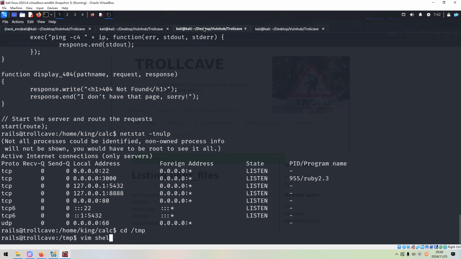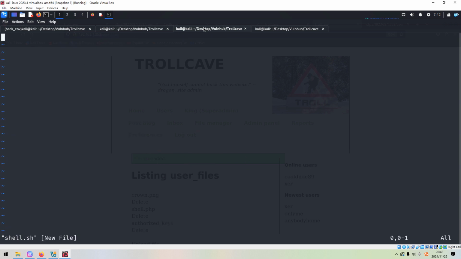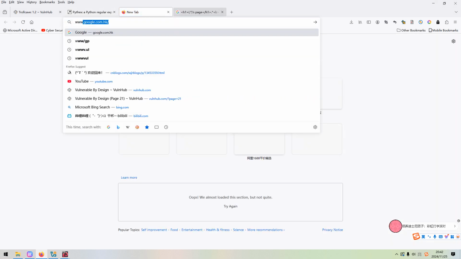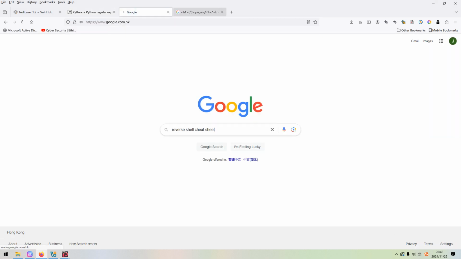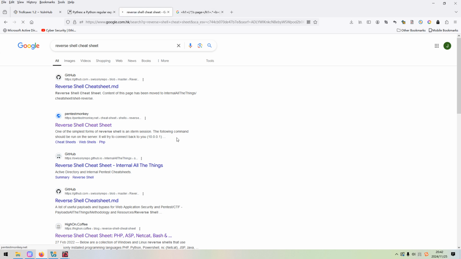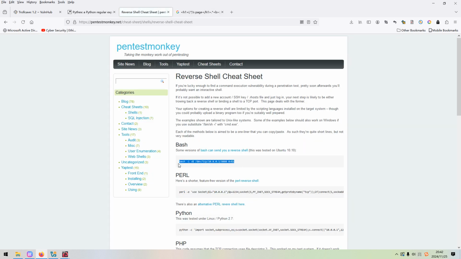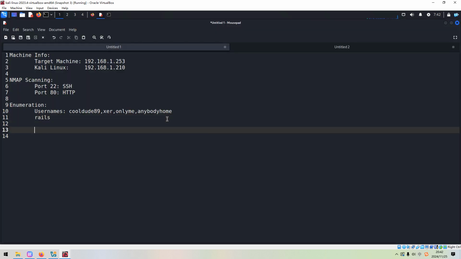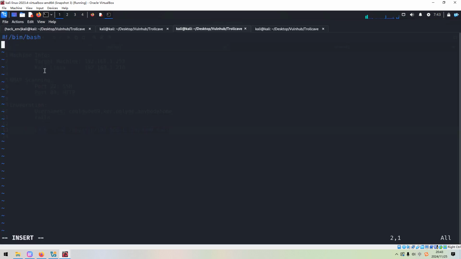So we can call it bin bash, and then we can copy from the reverse shell. We can put a reverse command into this shell script. Okay, we can copy and replace this IP address. We can use a different port like 999, and we can copy and put it in here.